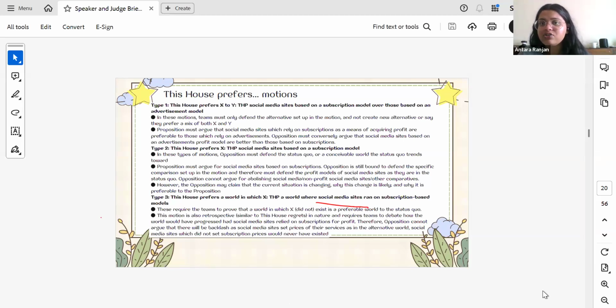Because if you have a this house prefers X kind of motion, whatever it says that we prefer is something that doesn't exist in society at the moment, right? It's the opposite of whatever we have going on. This house supports a world without passports, right? We currently live in a world where passports are required. Status quo, you need a passport to travel internationally. So, side opposition has to defend the current world we live in, in which you need passports. Side government has to defend whatever they are preferring within the motion itself, right?